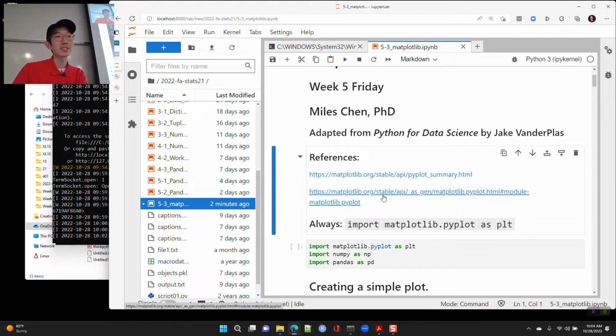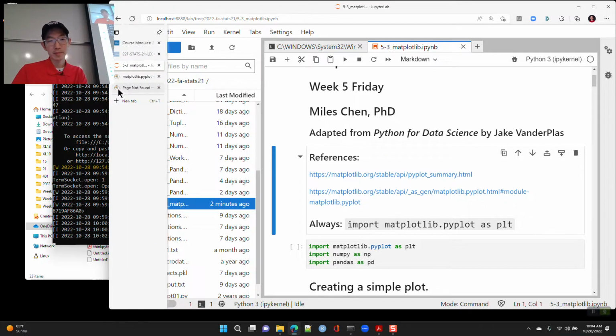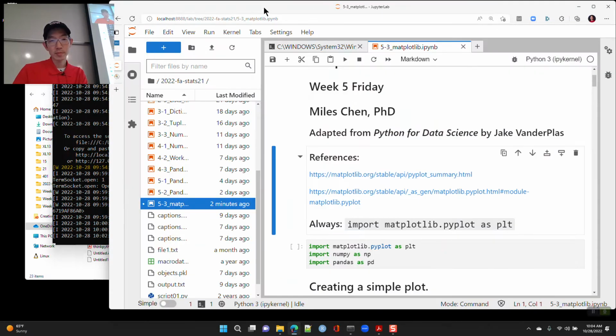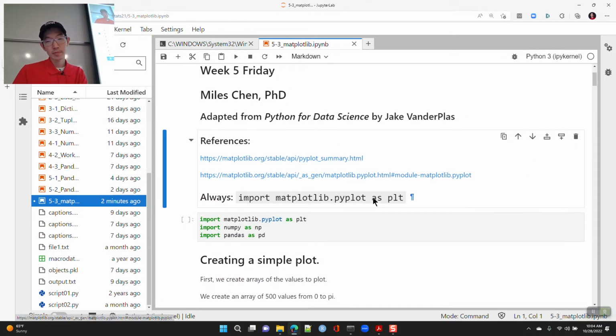Question? Is importing all these libraries by those specific names like universal syntax? Because across multiple documents and programs I've seen, they all use the same name, like importing numpy as np. Yeah, that's the convention. Import numpy as np, import pandas as pd, import matplotlib.pyplot as plt. That's the convention.